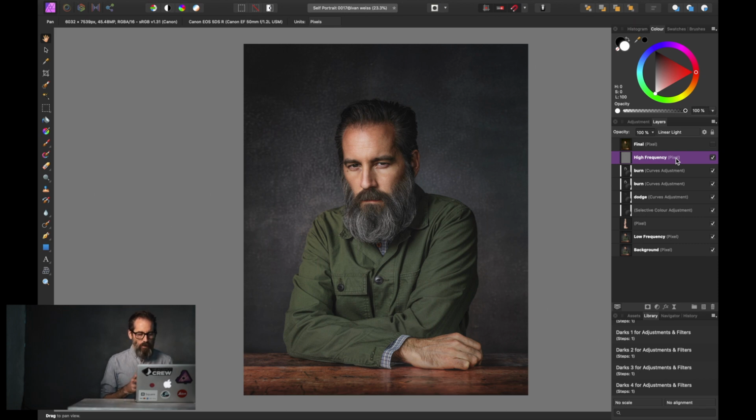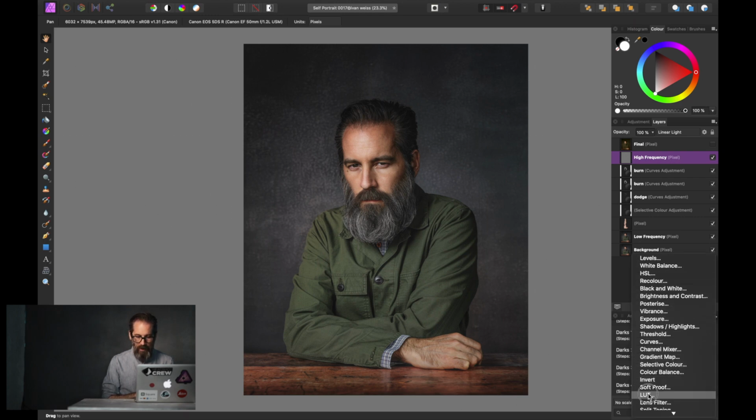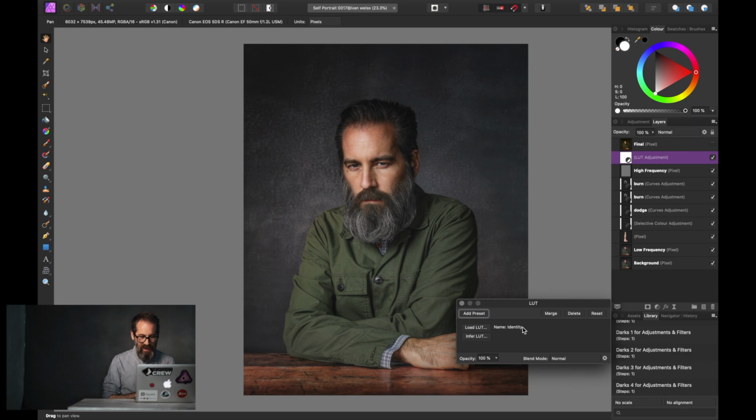The basis of my workflow for this type of portrait is always the same. I start with a lookup table, a LUT that I created several years ago, that basically shifts all my colors to where I like them. I like green, I like gold. I'm not a big fan of blue. So essentially what this LUT does is it crushes the blues almost completely, and it just shifts everything else a